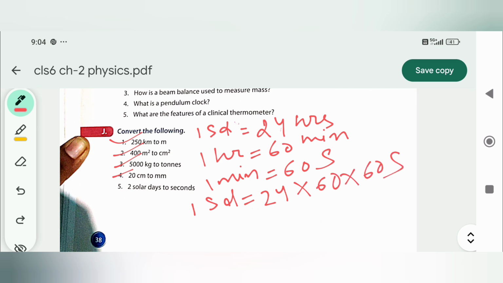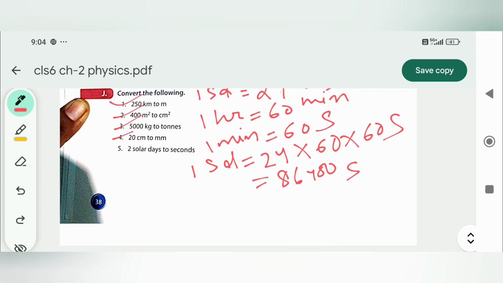Multiplying, this becomes 86400 seconds. So 2 solar days is equal to 2 into 86400 seconds. So the answer will be